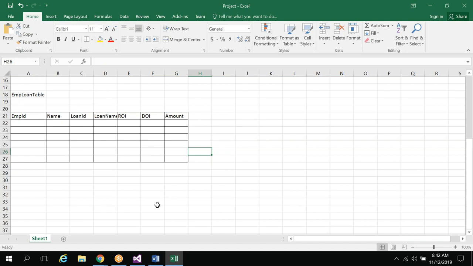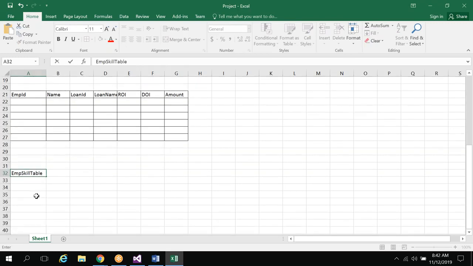Then something like an EMP skill table, employee skills. In employee skills also, I will develop employee ID. See, in every table there is a primary key called employee ID.